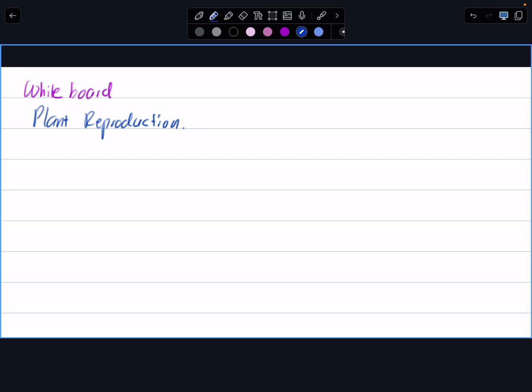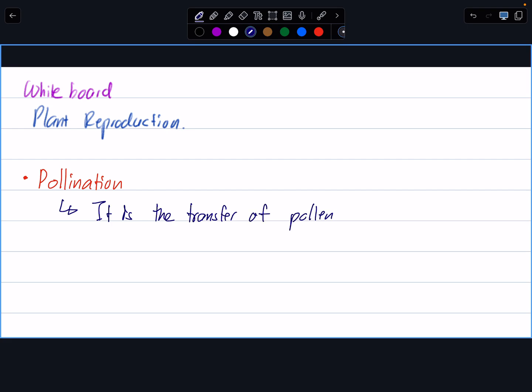So in plant reproduction, we must remember that there are a few steps that happen. One of them is pollination, the first step. So pollination is the transfer. This is a must-memorize thing. You have to memorize. It is what it is. So it is the transfer of pollen grains from the anther to the stigma